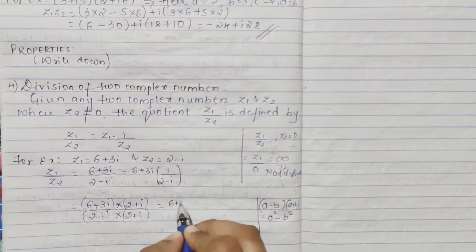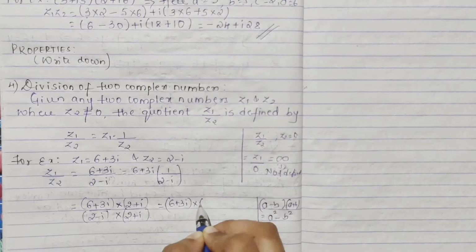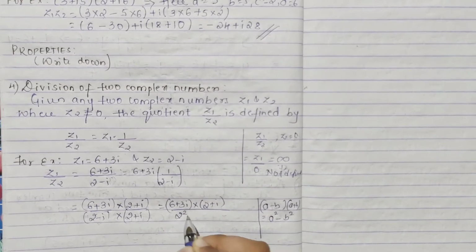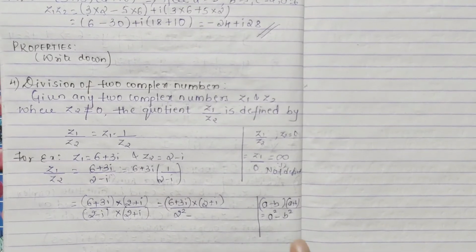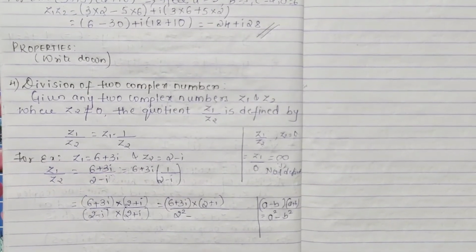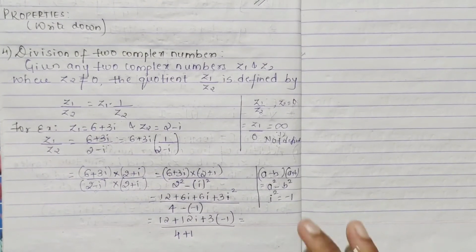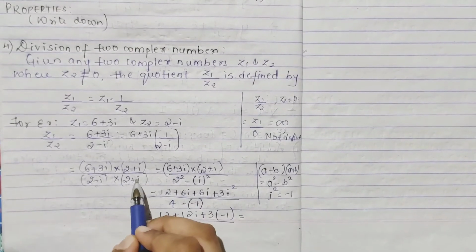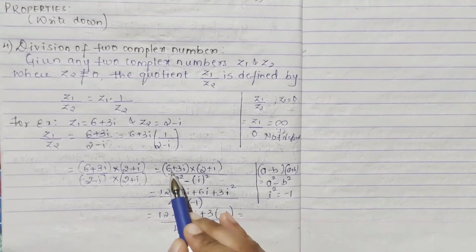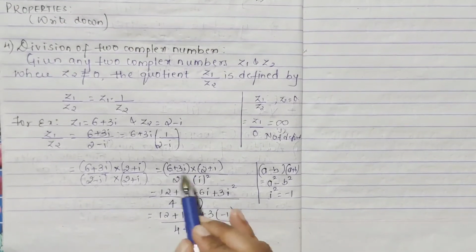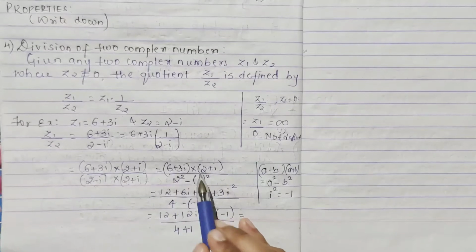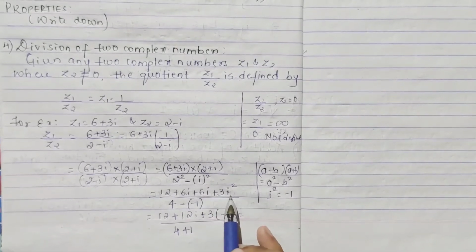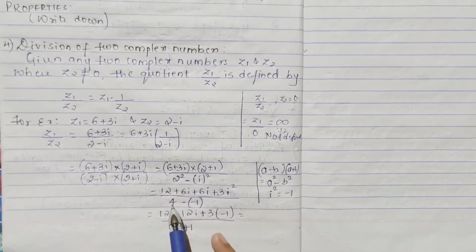Multiply numerator by 2 plus i, even the denominator by 2 plus i, right? You have studied about this. Now multiply this into this, this into this. In the denominator, you see (a minus b) into (a plus b). Which identity? (a minus b) into (a plus b) is equal to a square minus b square, right? The numerator I will keep as it is, (6 plus 3i) into (2 plus i). A is 2, so this will be 2 square, minus sign, and b is i, so minus i square.